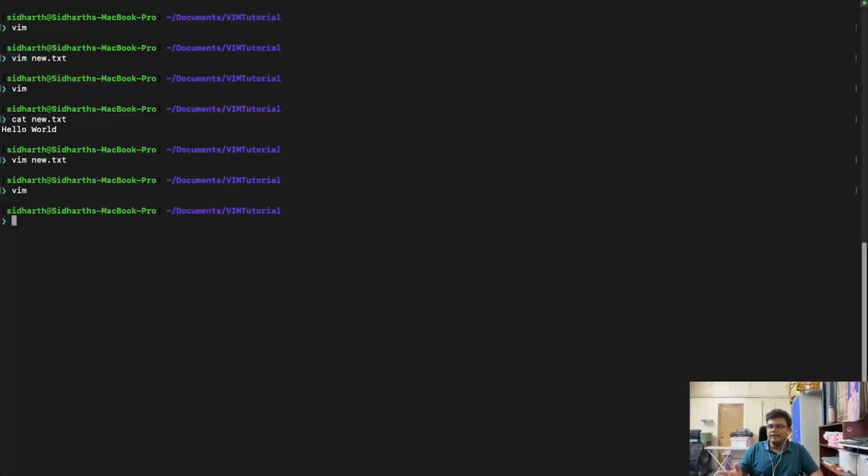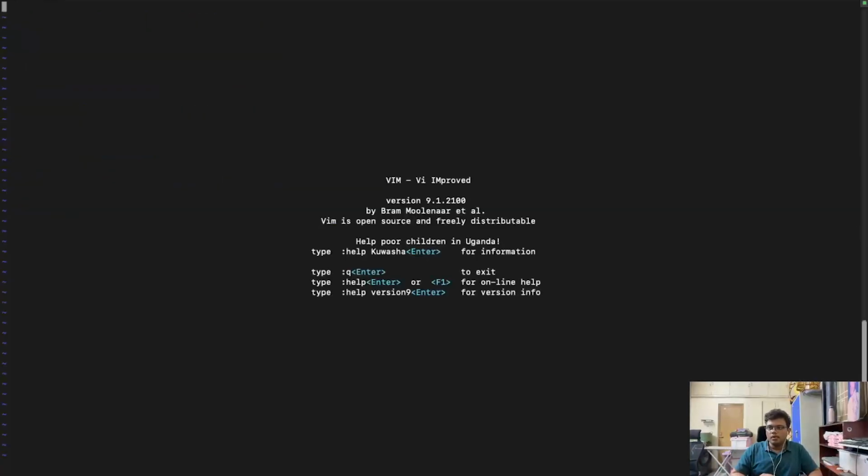Now we have come back to our terminal. Now let's open up Vim. Vim is again opened on the working directory which we defined on our terminal, which is the Vim tutorial folder. All right, now the next thing we're going to see is how you can